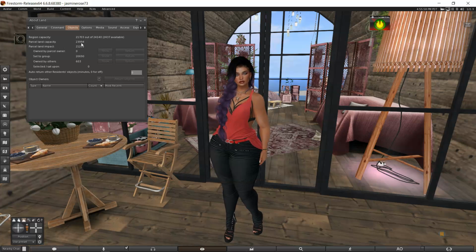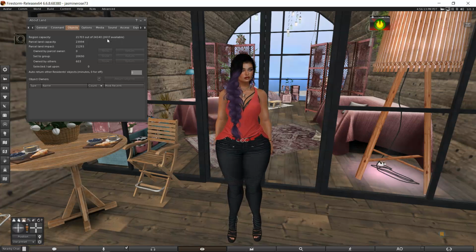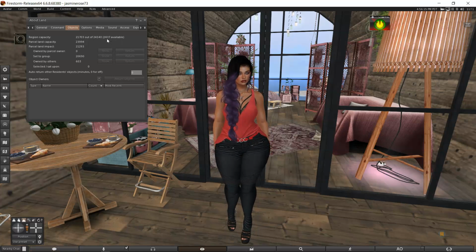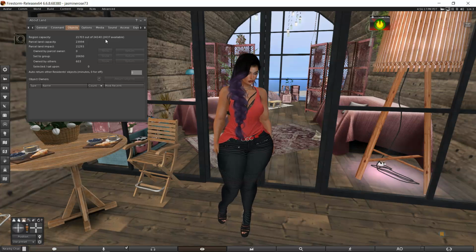So land capacity 23,994. Parcel land impact is 21,293. So at this point on this parcel, or this area that we're doing the DDC land on, I still have